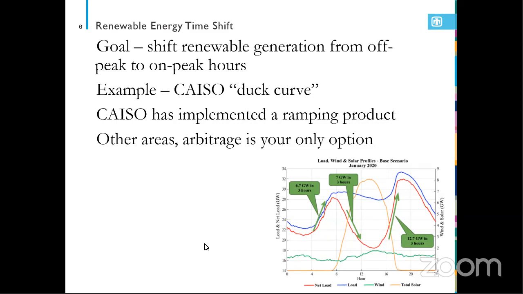So in a market area like CAISO, they've got a ramping product that you can try and use to deploy storage and participate in that market to help with this. In other areas, arbitrage is really your only option. And then if you're a vertically integrated utility, it's more of a reliability question. You know, how do you reliably track that large ramp in required generation and do it reliably and at lowest